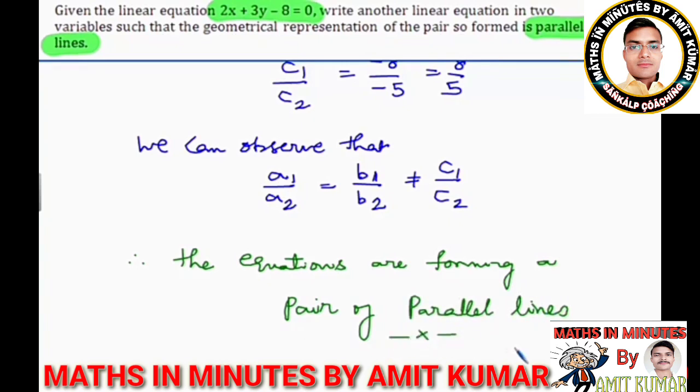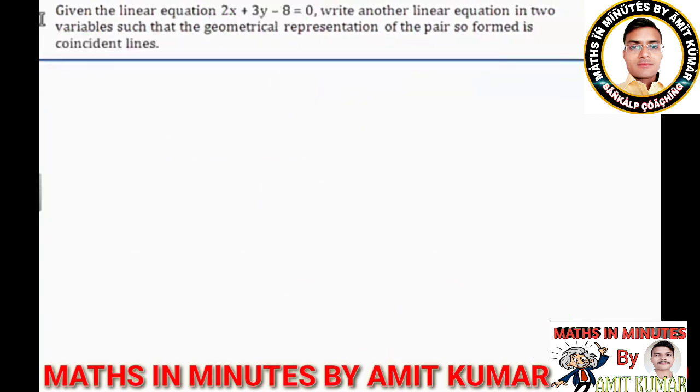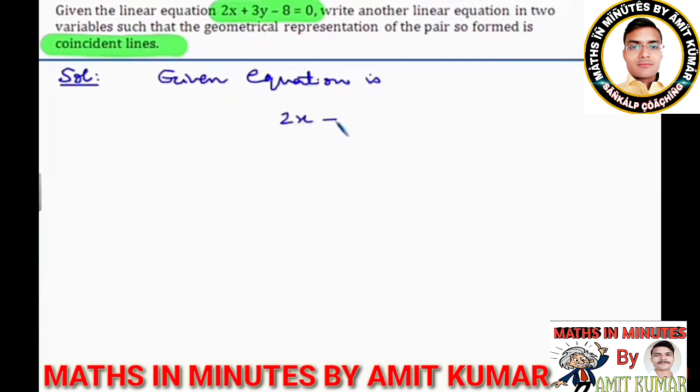And now let's move to the third part of question number 6, which is saying सेम इक्वेशन है हमारे पास 2x plus 3y minus 8 equal to 0, and we have to write another equation in two variables such that the geometrical representation of pair so formed is coincident lines. Means क्या कंडीशन होनी चाहिए, a1 upon a2 equal to b1 upon b2 and which is also equal to c1 upon c2।